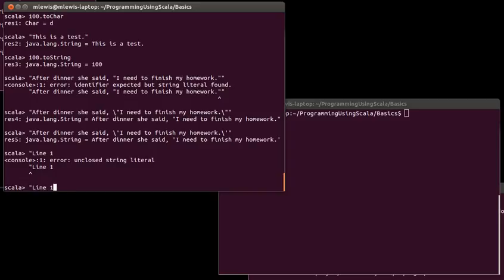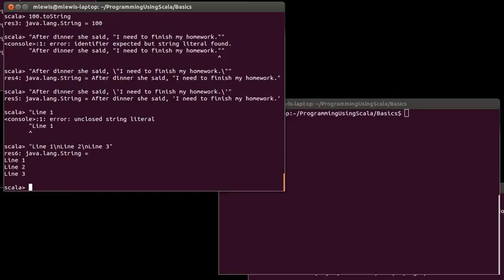If I want to go to a new line in there, I can use a special escape character, \n, that says go to the next line. And so now if I do this and then \n again, line 3, when I hit enter there, you can see that this is line 1, line 2, line 3, and they are all separated by new lines, which is what the \n does. There's a \t for